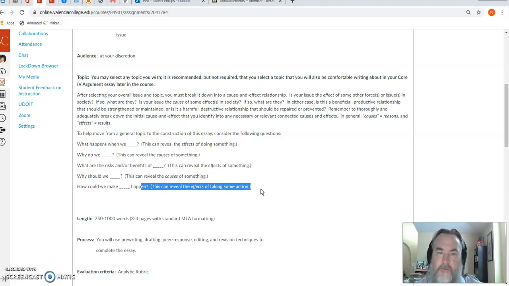Or why do they have that rule? What were the causes of having that rule? Whatever it might be, anything from something trivial like a rule in a sport all the way up to major legislation that would change how the government does something or how society does something. Anywhere in between. You can think on personal levels. Why do we do such and such in our personal lives? What are the effects of? Or you can think society type things, impersonal, social type things.